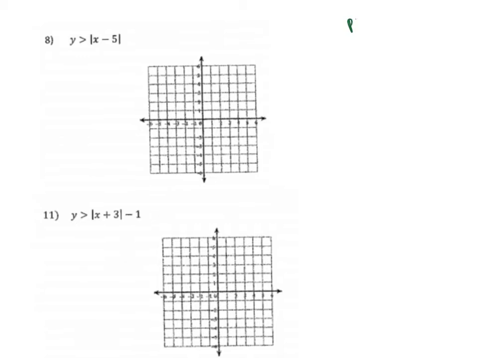Okay, so this is page 6 on the packet. And notice that now I have absolute value signs that I'm graphing. So keep in mind, I'm going to be graphing a V-shaped graph. So we are graphing a V shape, whether it's going to be a minimum or maximum, we don't know yet. So with these problems here, if I were to graph them,